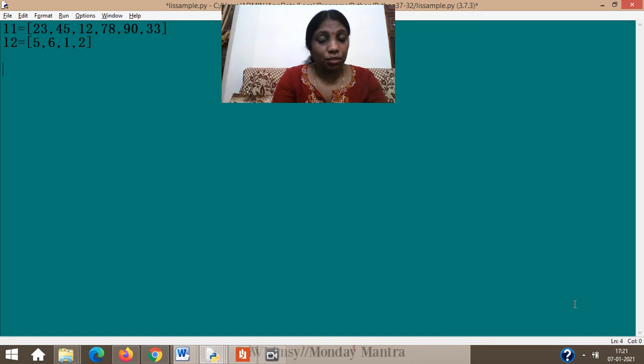So the function is called clear. Now if I write L2 dot clear, so it is L2 we are trying to clear, and then if I write print L2, remember from the memory the elements in L2 are removed, but the empty list will still exist.